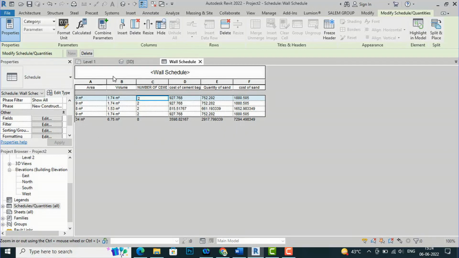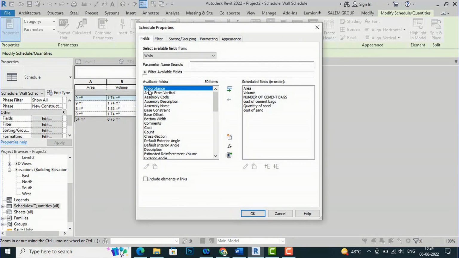So this is for a 3 meter by 3 meter room. Here you can find the cost easily, and you can do it in your bigger projects also. So this is the process of calculation of cement and sand quantity in Revit. So if you want to individually format, you will select single entity here, and if you want to do everything total here, you can go to fields and